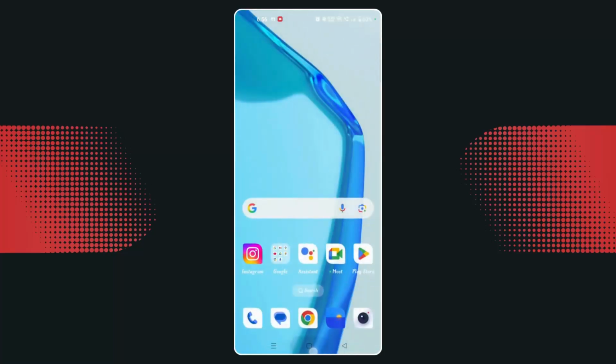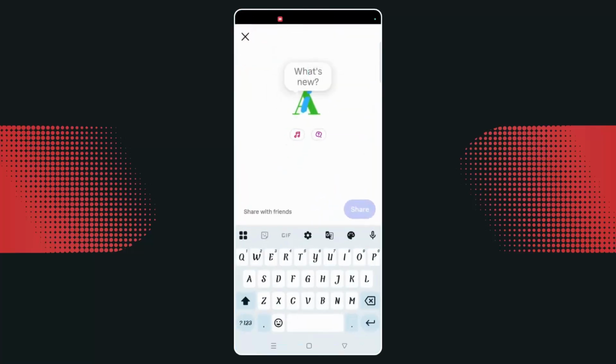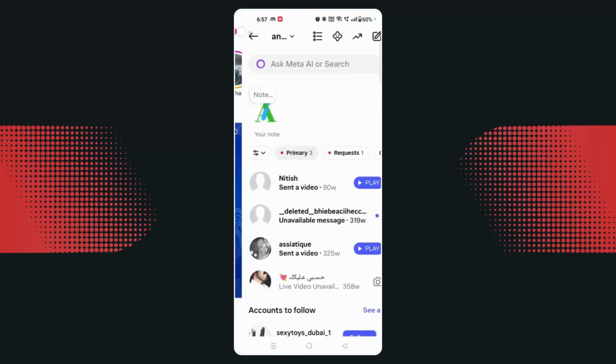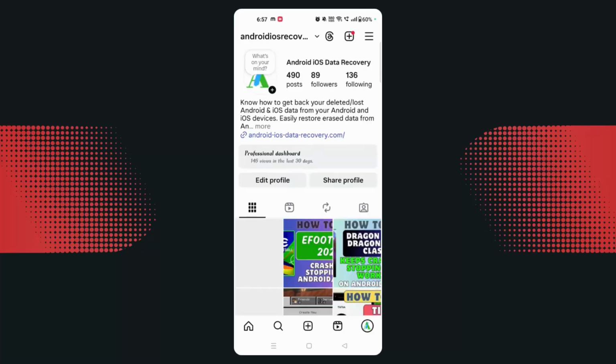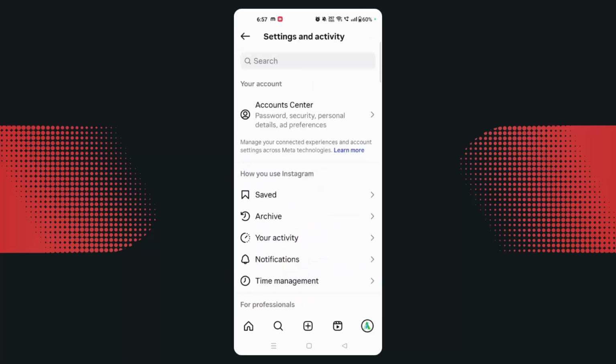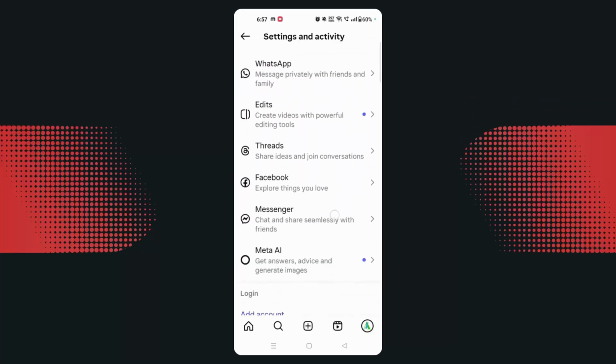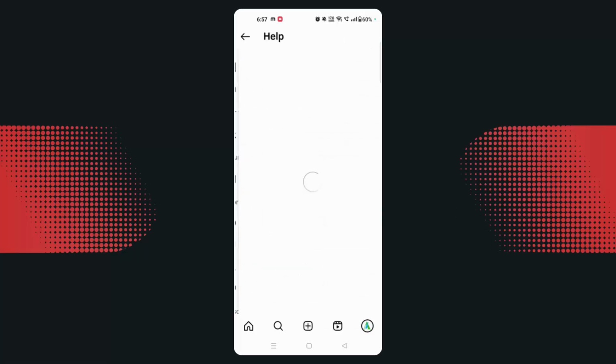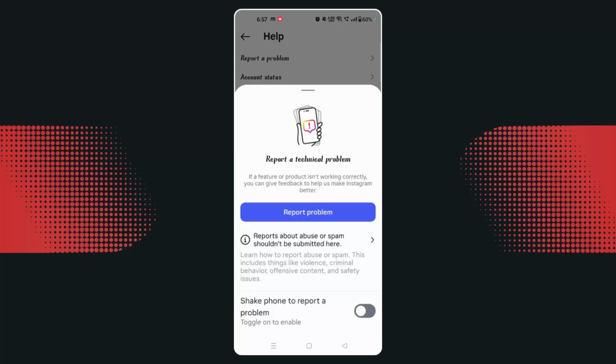If not, what you need to do is simply open Instagram and then click on the icon over here, then click on three dots and then go below, and here you need to click on the help option. After clicking on help, then click on report a problem, then click on report problem,